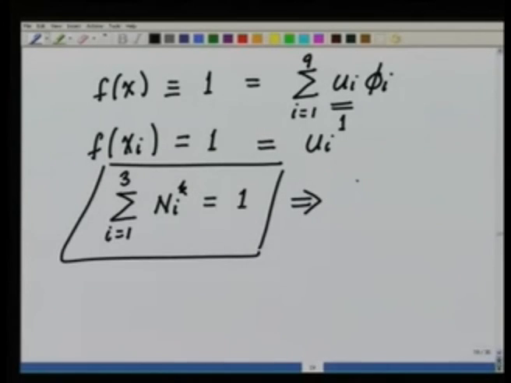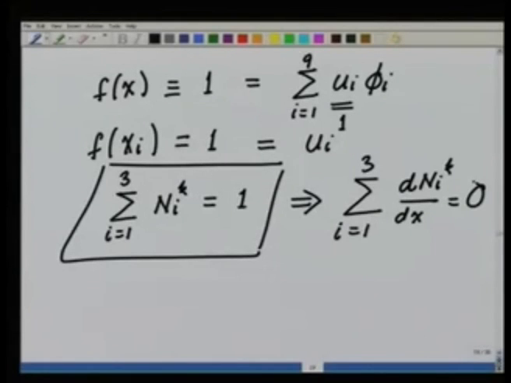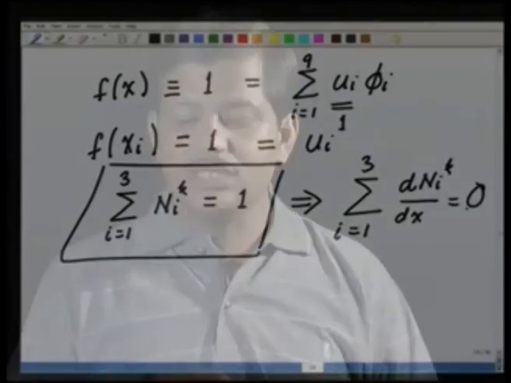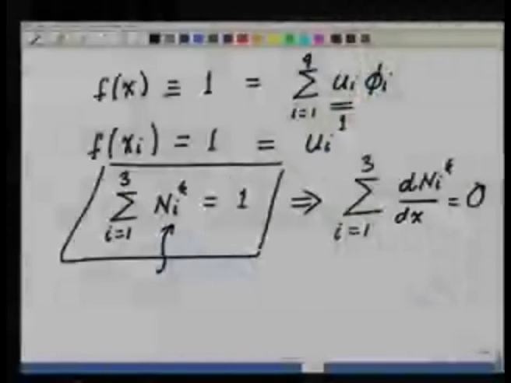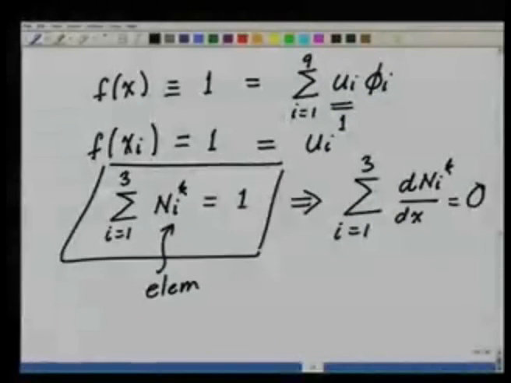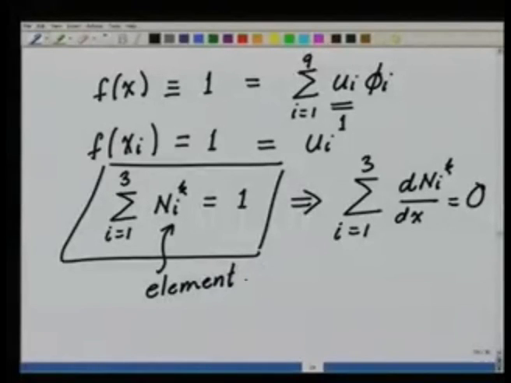This is a property that we should keep in mind, and what it also implies is that if I do this summation, the derivative has to be equal to 0, because this sum was equal to a constant, and the derivative of a constant is 0. These are certain things which we should have in mind, so that when we go and write the computer program to do the finite element analysis, we can check these basis functions, or the element shape functions that we have called Ni's, which are nothing but the element shape functions. We can check whether they have been correctly programmed or not.